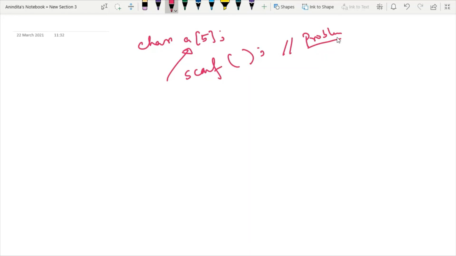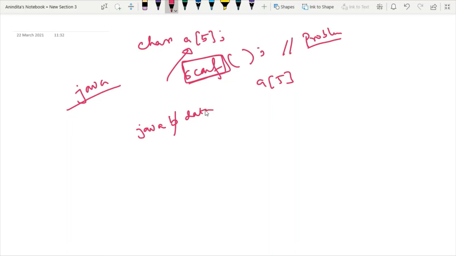What is the problem? Say my array is of size A of 5, right? I want to take the word Java as an input. Then there will be no problem. I can easily use scanf. But the problem will be displayed when I want to take some value with some blank space in it, say Java and say some data structure or data value.